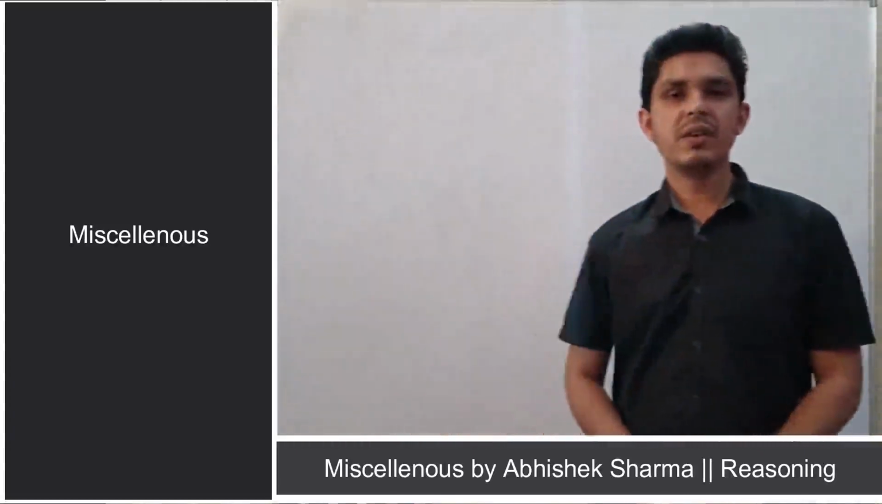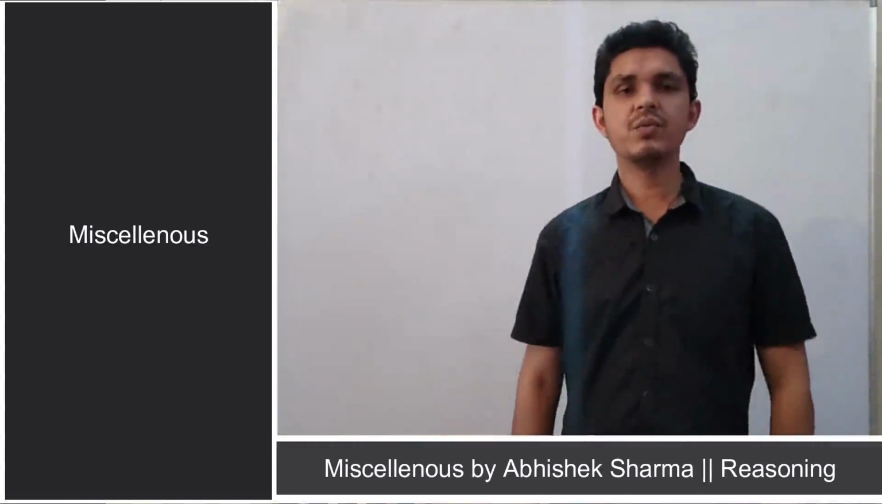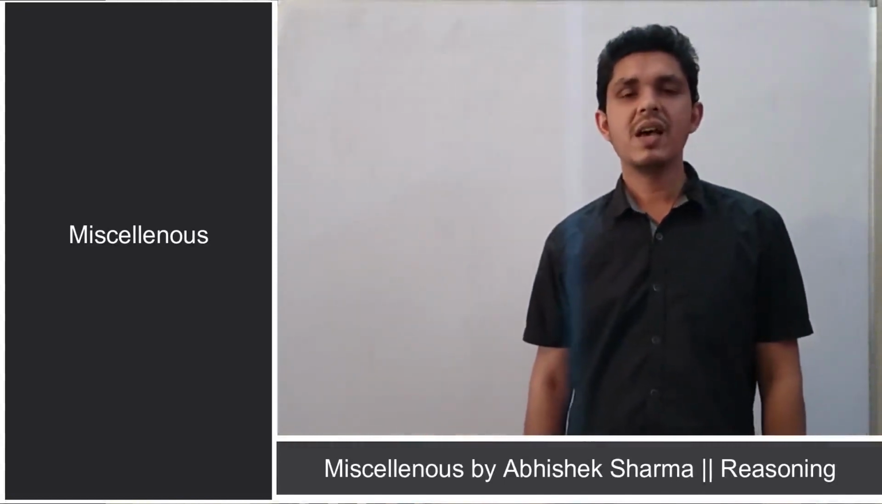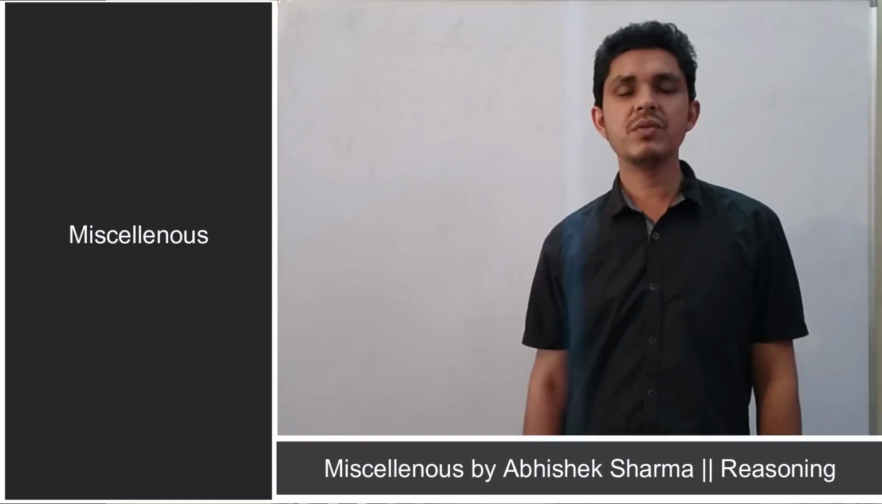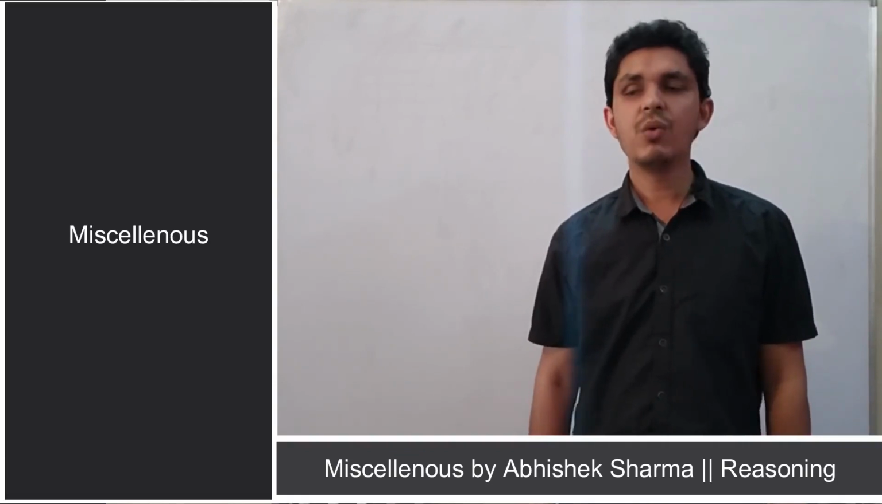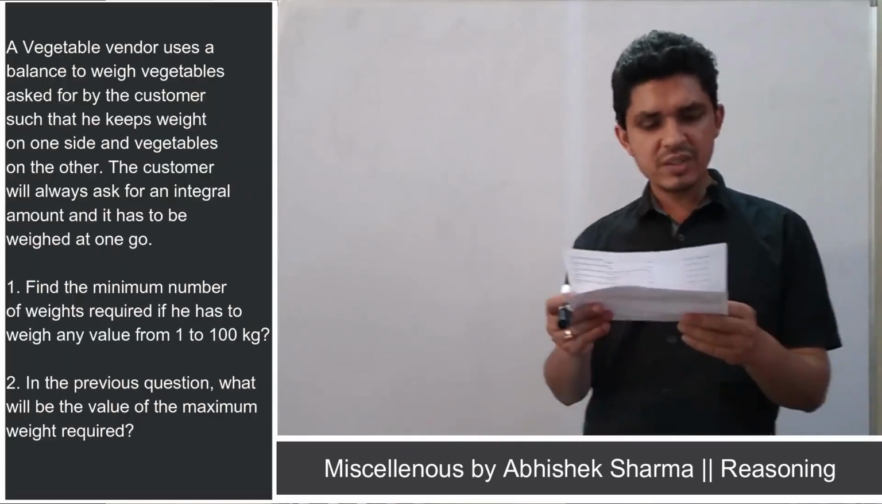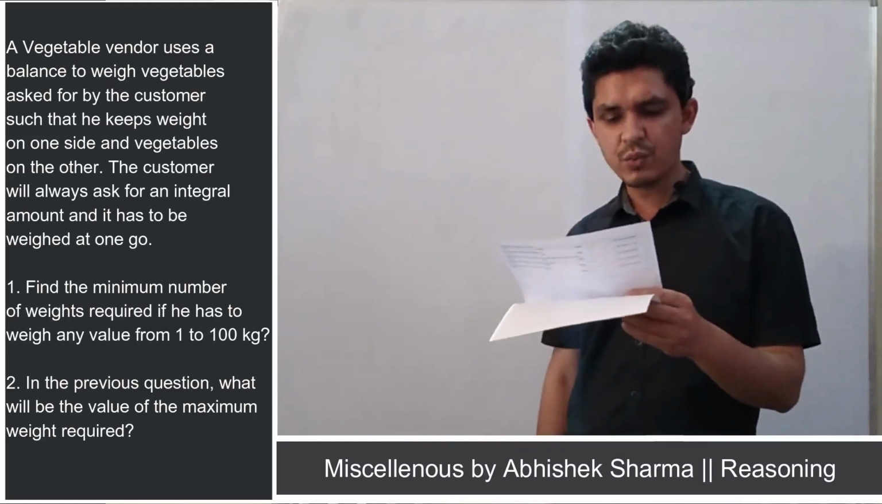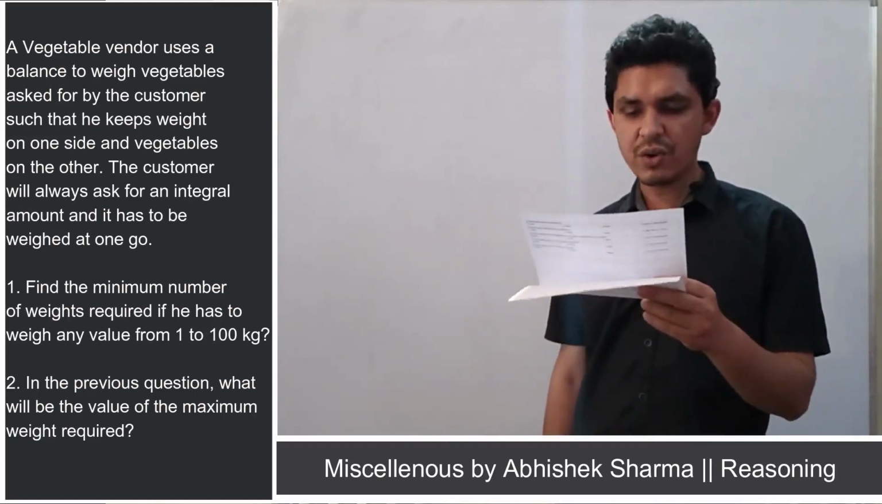Okay, so hello everyone. In the last session, we were studying miscellaneous, and in the miscellaneous, we do have another question like vegetable and beets base question. Okay, so the question is like a vegetable vendor uses a balance to weight a vegetable asked for by the